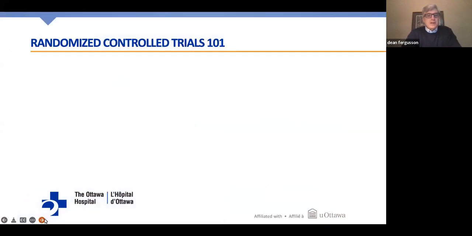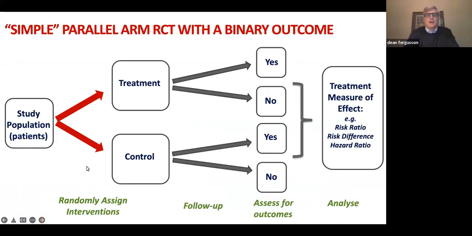If we just go back to the basics of randomized controlled trials 101, with our simple parallel arm RCT, in this case with a binary outcome, so a yes/no outcome with presence of transfusion or mortality or MI, yes or no. This has really been the mainstay of randomized trials for at least the last 50 years. And so many of the RCTs follow this format where you take a study population, you randomize the interventions, treatment or control, you follow those patients up, and then you assess for their outcomes, and then you